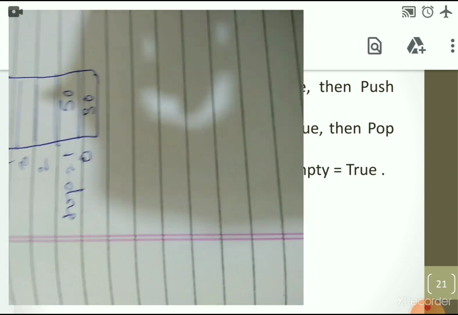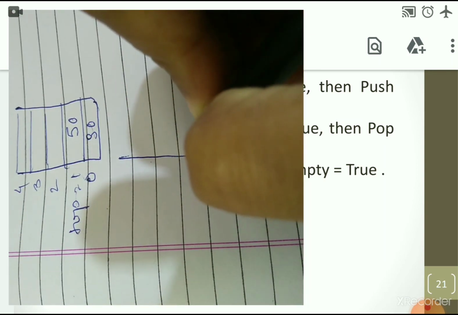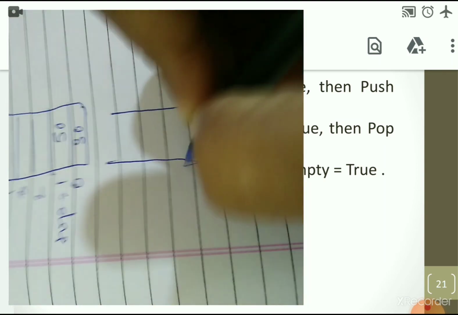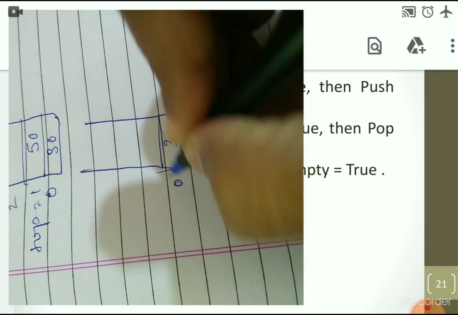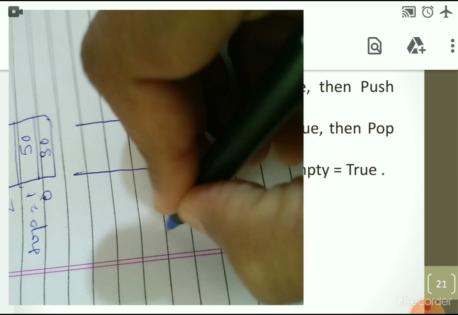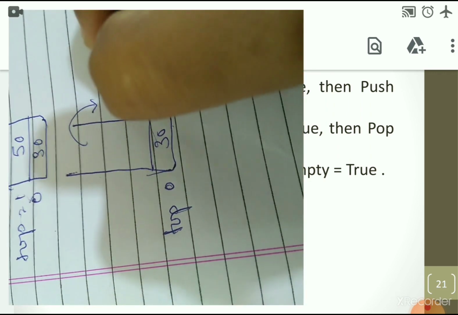When we have to call the pop operation, we have to decrease the top by 1. So what we have to do here, we have to represent the stack again. The 30 is the element at the 0th position, top is equal to 1, top आ जाएगा आपका नीचे, डिक्रीमेंट हो जाएगा at 0. We have removed the element 50.